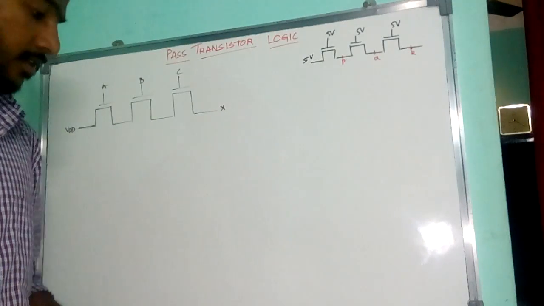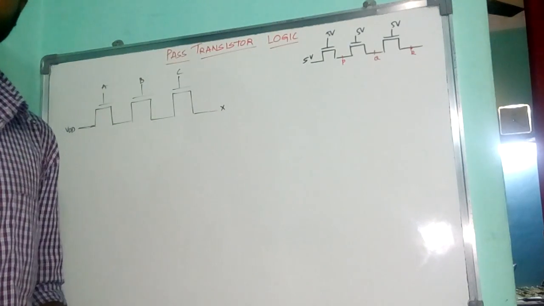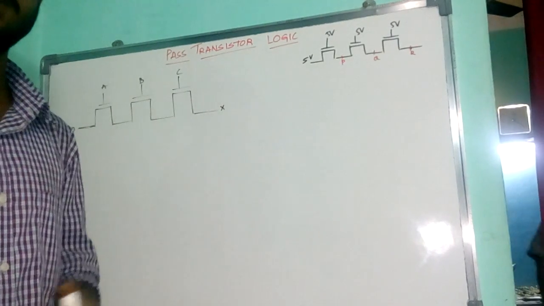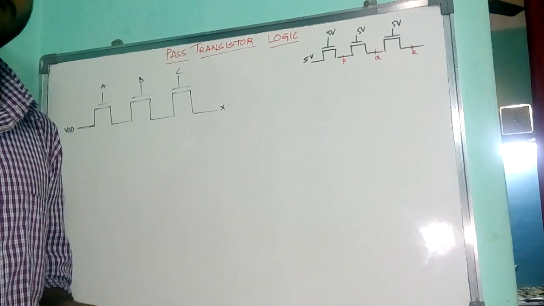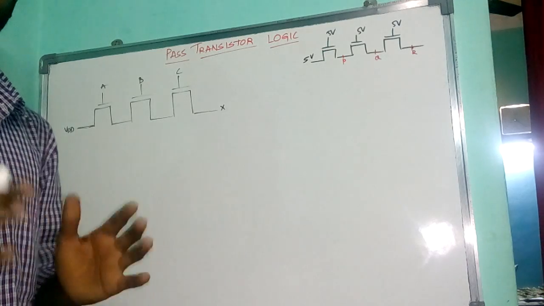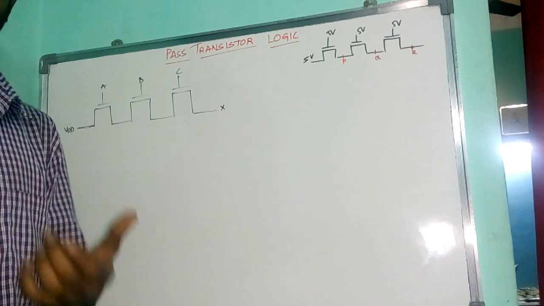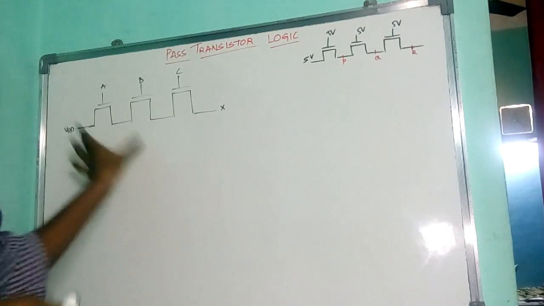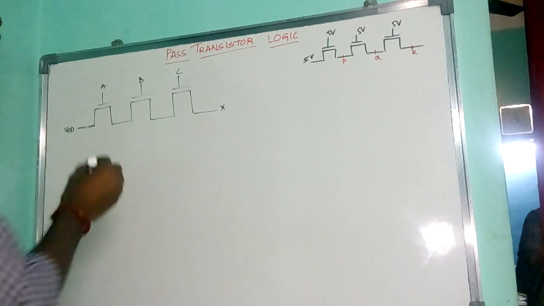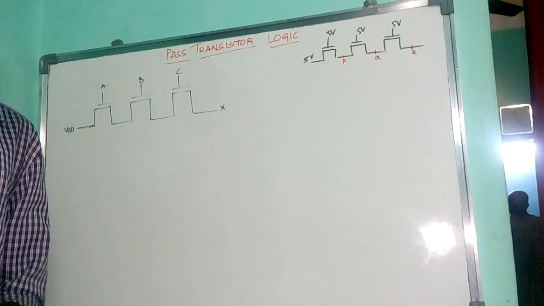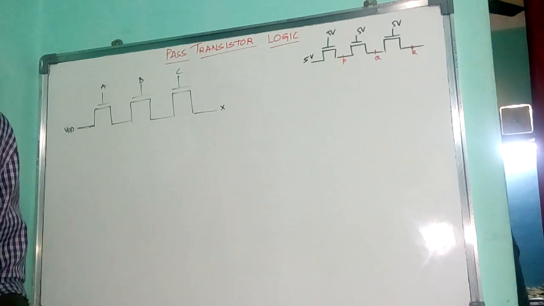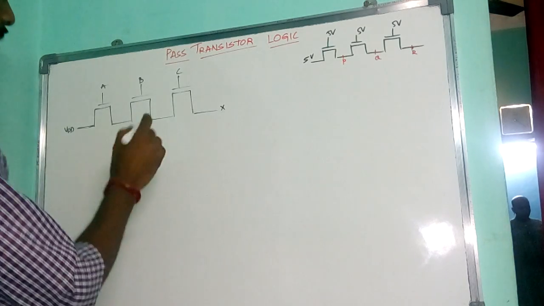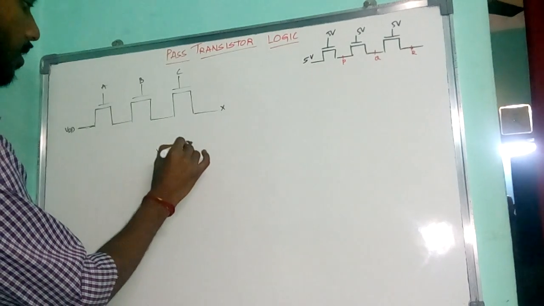Hi friends, in this video we look into what a pass transistor is and how a pass transistor works. Generally a pass transistor is a series of transistors connected as shown here. Using these pass transistors we can derive a logic, as here X denotes A into